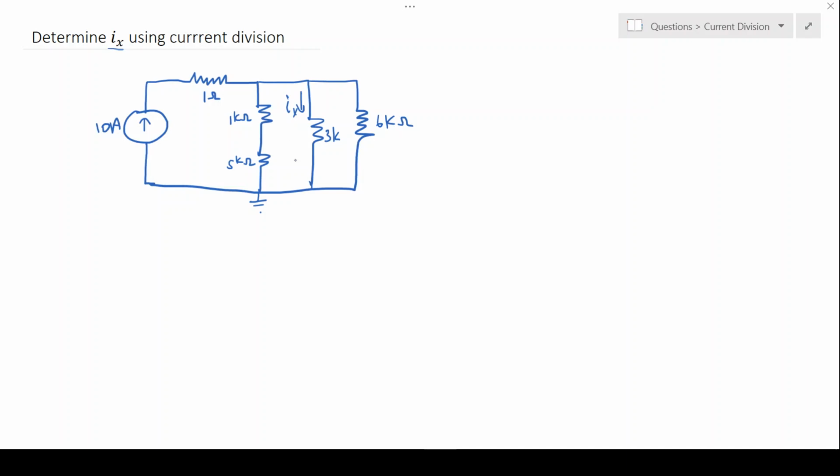So we have to leave this branch, but we can put the 6K and this combination together. So we can see that that's a series combination, 5 and 1, and that will be in parallel with the 6K. So we can then have a final configuration that will look like this. Where the current Ix